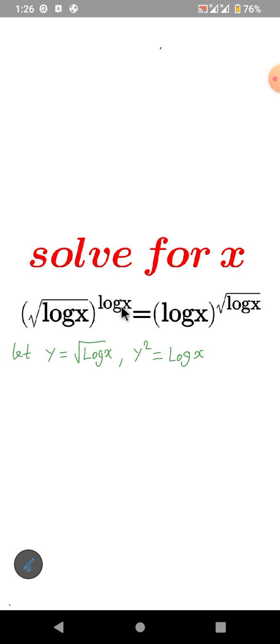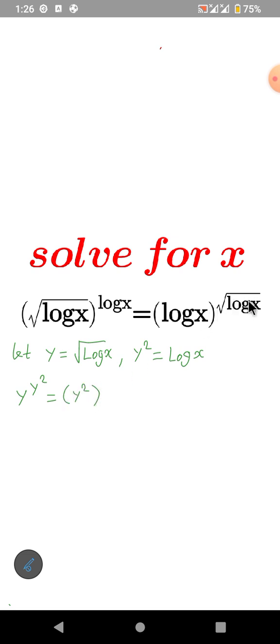So now I'm going to come back to our normal equation. I said that the square root of log x is what? y. So here is going to be y raised to the power y. And log x is what? y squared. So we say here, it will be y raised to the power of y squared, all equal to, then here now will be log x, and log x is y squared. So I'll put it in the bracket, y squared